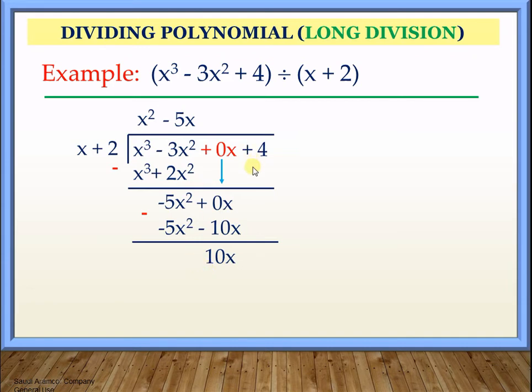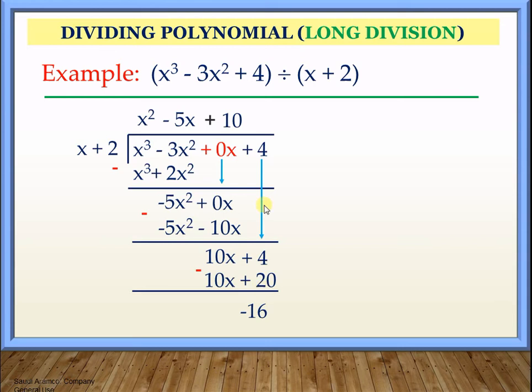Okay? Do we still have another term? Yes, then we continue. Put down the last term. This is the last term. So we continue with dividing the leading term. So 10x divided by x will give us positive 10. Positive 10 times x and then positive 10 times positive 2 will look like this. Okay? So subtract. We have 10x minus 10x and positive 4 minus positive 20 will give us negative